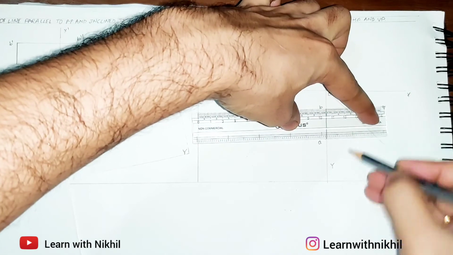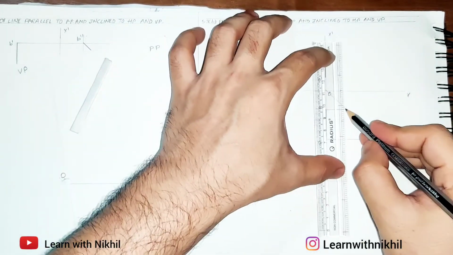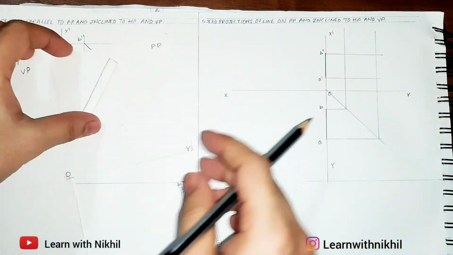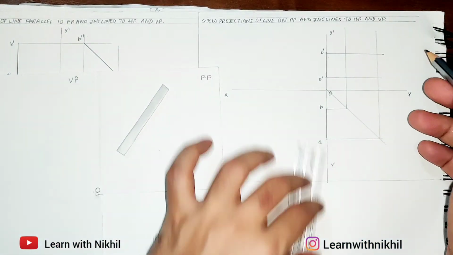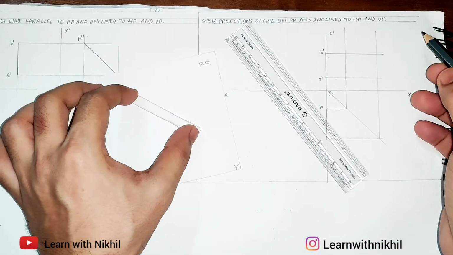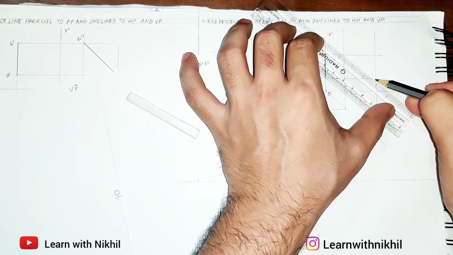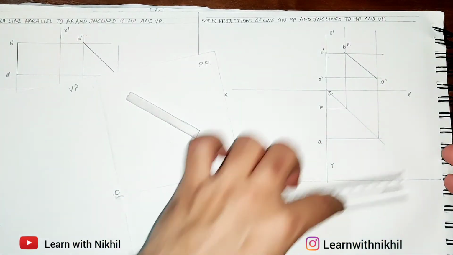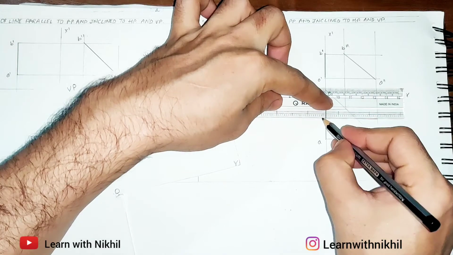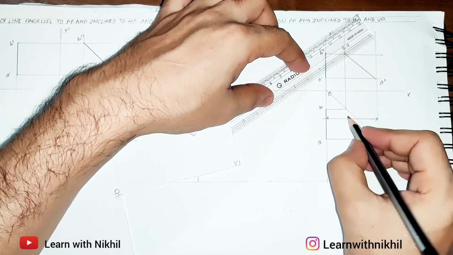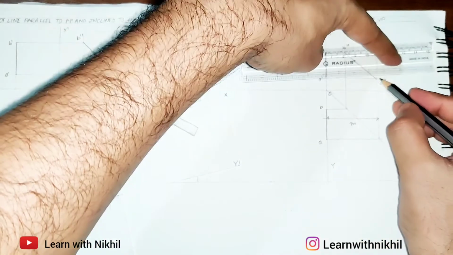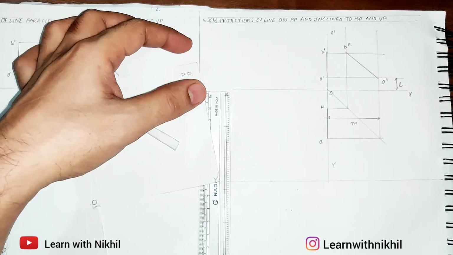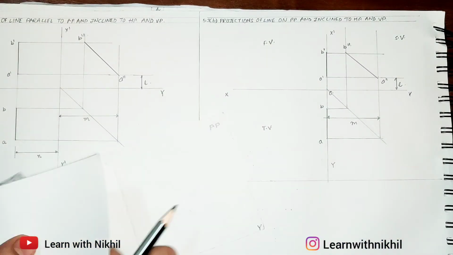Taking the projections. So in the side view, the line will be slant like this. It can be like this or it can be on the other end as well. So line can be either in this way also. This will be A double dash and B double dash. So here will be the actual length of the line. This distance is M. This distance height is denoted by L. And these are the front view, top view and the side view.